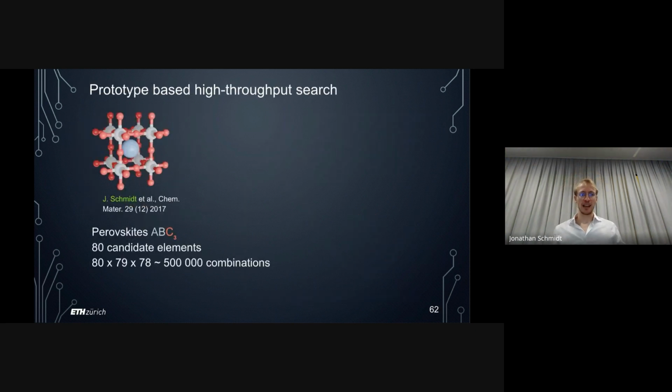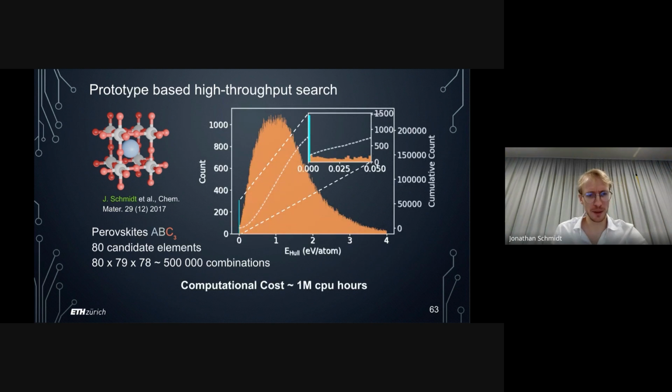Now, traditionally, people use something called prototype-based high throughput searches, which are the lowest hanging fruits, where you can take an existing crystal structure like these perovskites here, and replace the elements. So we have three elements, a ternary composition, and we replace them with other elements from the periodic table, and we get maybe 500,000 combinations for a ternary crystal structure. We actually did this in 2017 for these perovskites, 250,000 calculations. And you can see here that we are actually mostly interested in these compounds here